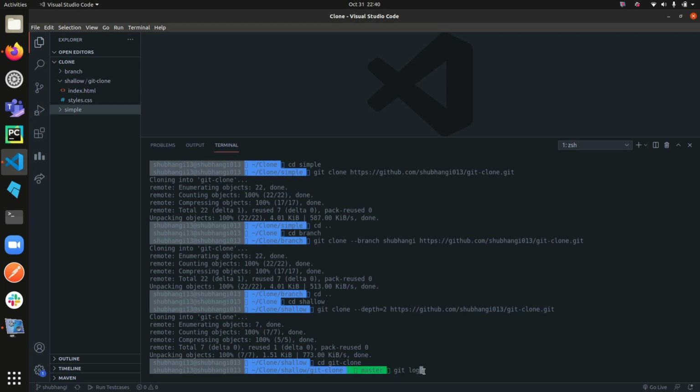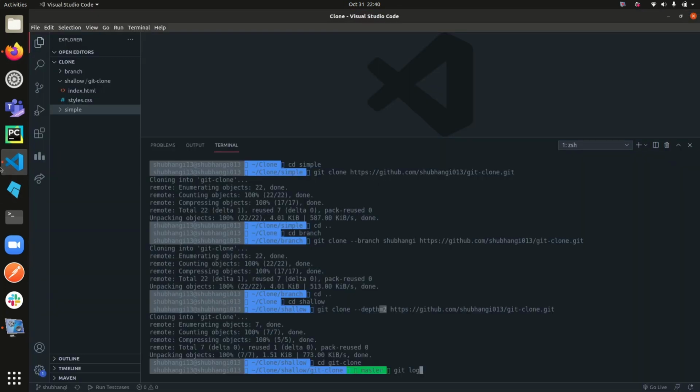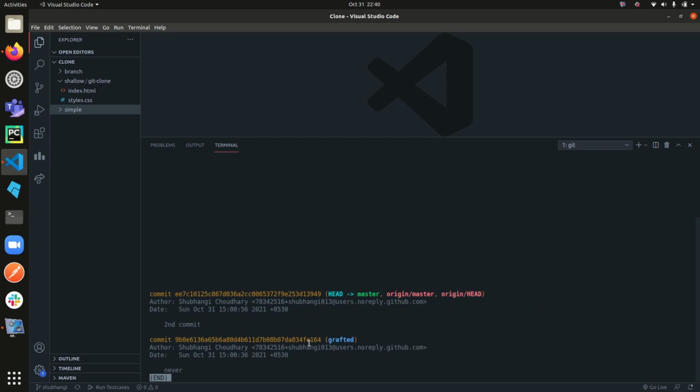Now what git log does is it gives me the history of all the commits of this repository. Now since I've cloned it in a shallow manner, it must show me only the recent 2 commits. However, as we saw, master has 3 commits. Now I'll hit enter here and it will show me these 2 commits. This shows that the repository has been cloned in a shallow manner.